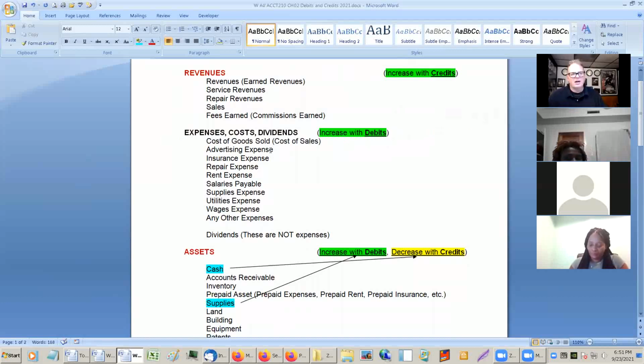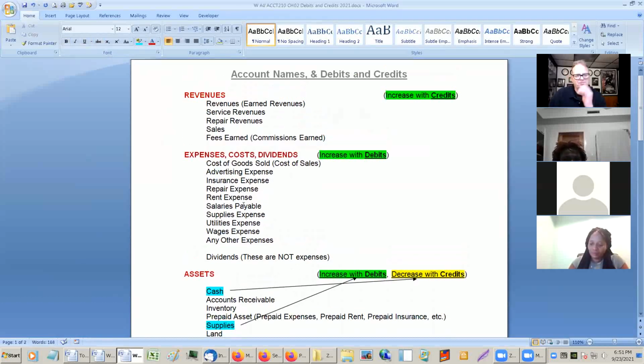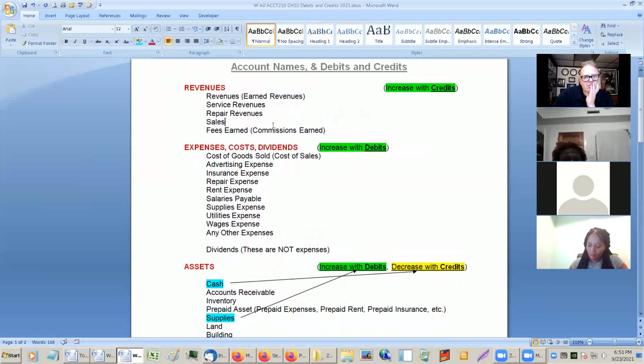Now, there's something good about revenues and expenses. Let's take rent expense. What is more, one month's worth of rent or two months' worth of rent? Two months, right? So rent is always going to be increasing. Now that's good for making journal entries,